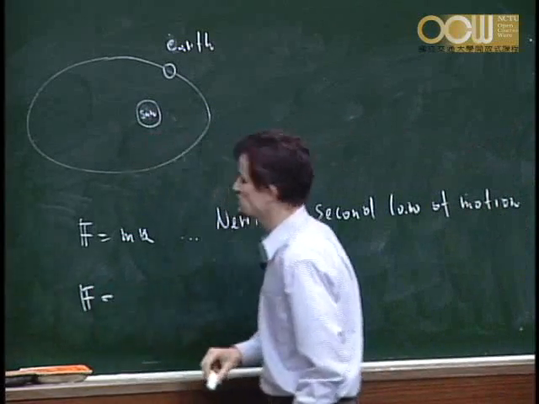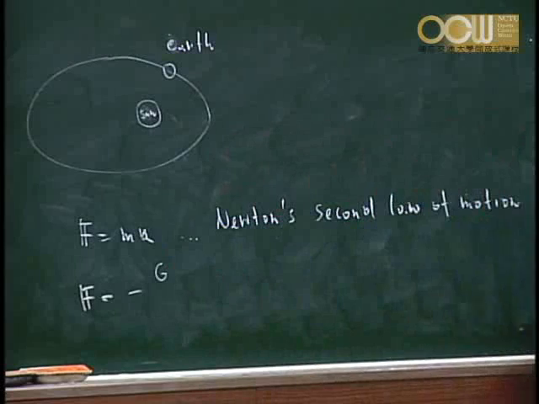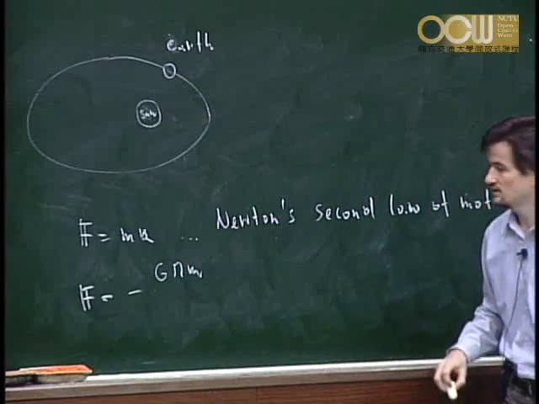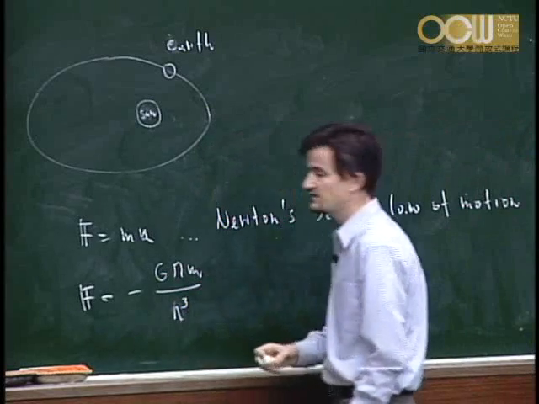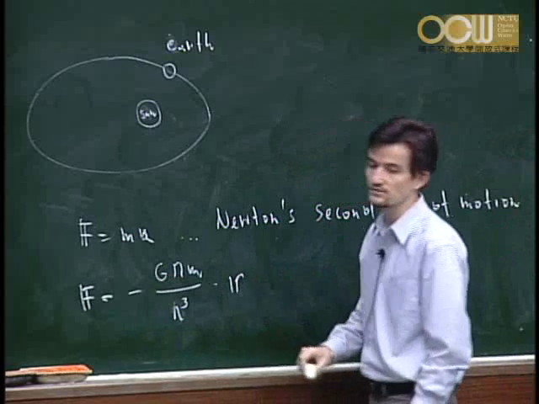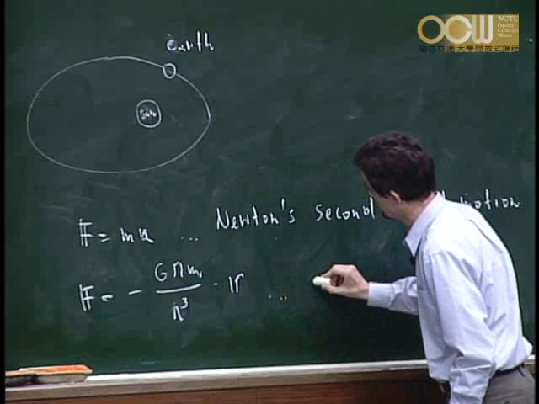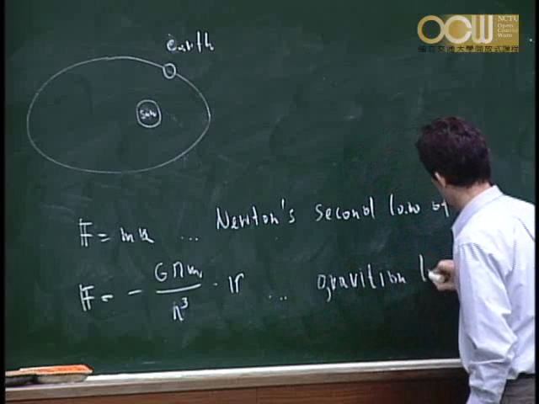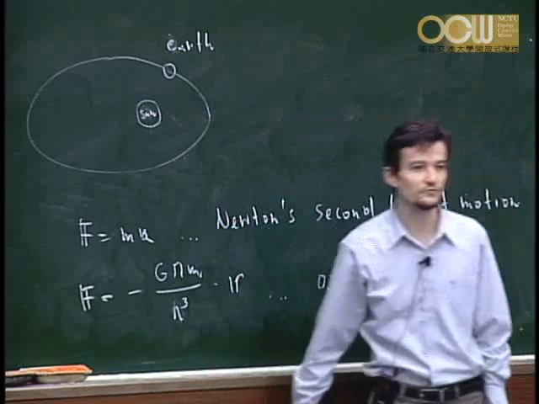and this is for the gravitational force, which is given by minus G, a gravitational constant, times the masses of the two objects, divided by their distance cubed, and multiplied, because this is a vector, by the direction between the two. So this is what is called the gravitation law. These are the two laws from physics you have to discover, and the rest is